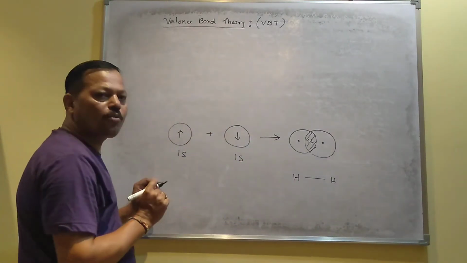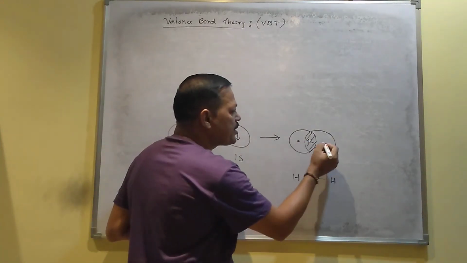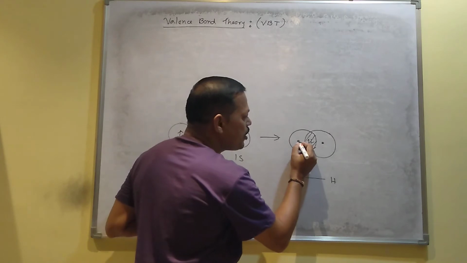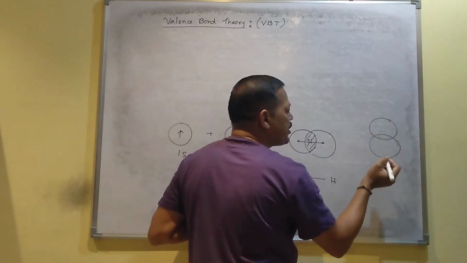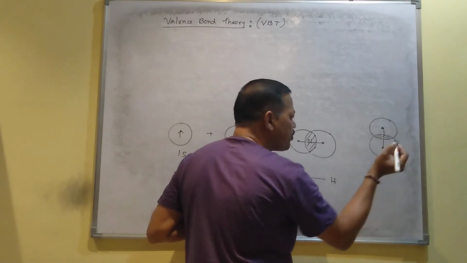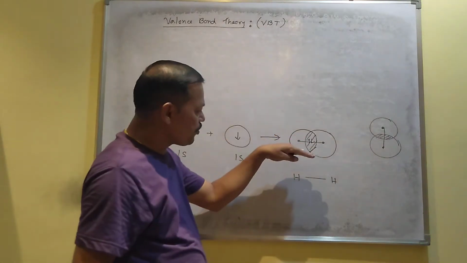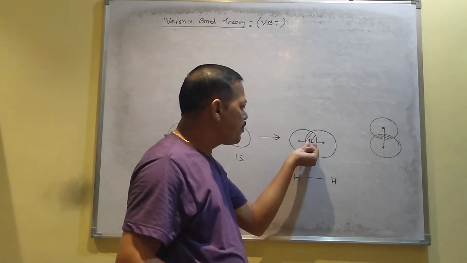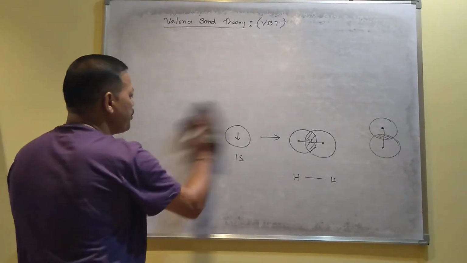And what will be the direction of the bond? It depends on the type of overlapping. Here this is the nucleus, this is the nucleus. The internuclear distance is called the length of the bond. I mean, the direction of the bond should be like this. And if you overlap this way, this is your overlap area. So the nucleus will be present like this, and the direction of the bond should be like this. So a covalent bond is always formed in the same direction as the bonding electron resides. These are the main points of valence bond theory.